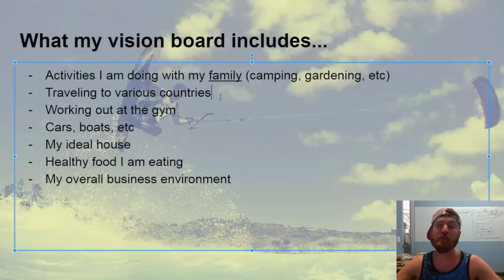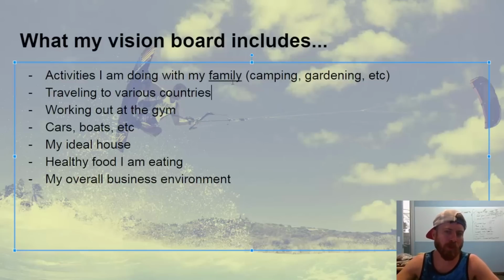Traveling to various countries is a big part of what I like to do, and that includes both alone and with my family, because I like traveling alone sometimes too. I like seeing the more dangerous third world aspects of countries. I like going into the slums in Brazil. I went into the slums in Medellin, in Colombia. And I like seeing how average people live in some of these places where they don't even have internet. I'm very much about seeing how things are done naturally.